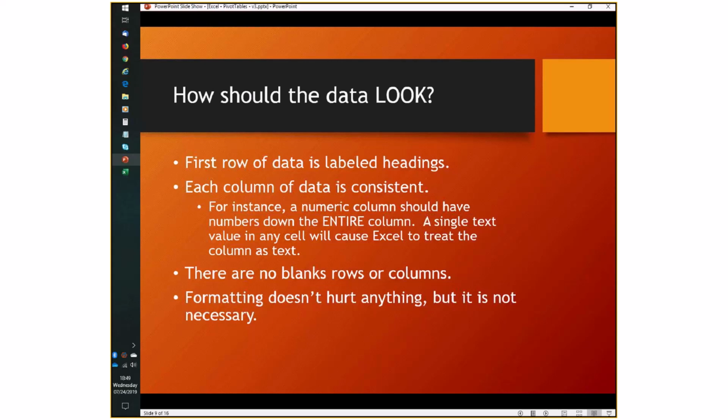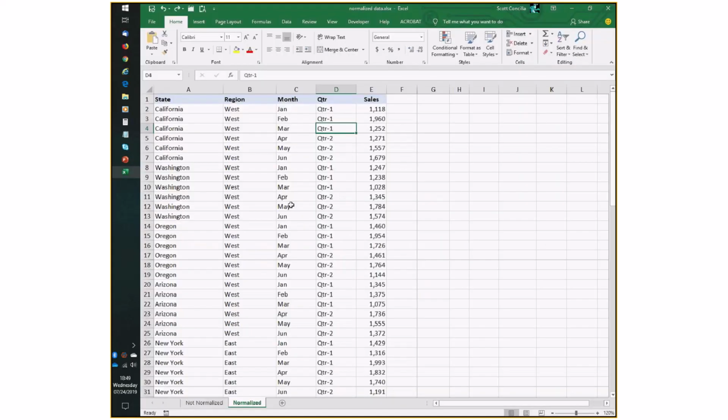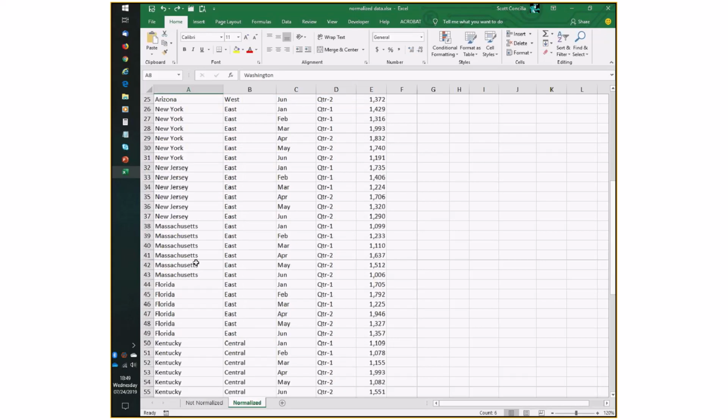All right, now let's go on to the hard part. And that is, how should the data be organized? Well, first off, and this is one that's going to make people a little uncomfortable, the order of the data does not matter. Sure, as humans, we like to have the stuff that we have here in some sort of semblance of an order that looks nice. The reality is, it doesn't make any difference. It's nice that the Californias are together here and the Washingtons and so on and so forth, but they don't have to be. And as a matter of fact, if I'm going to add more data later, don't do things like